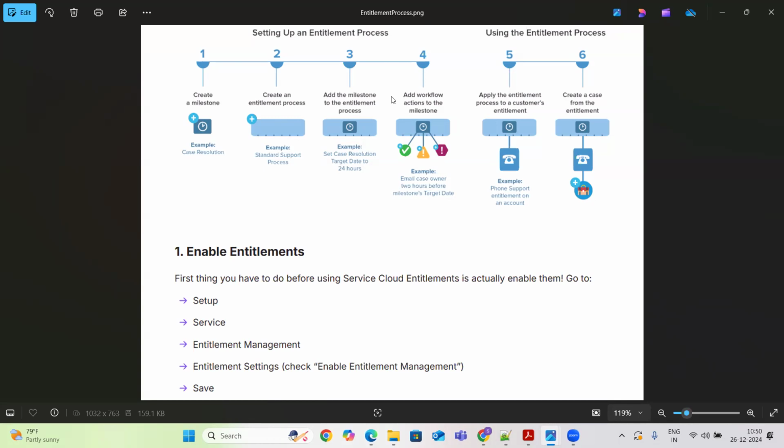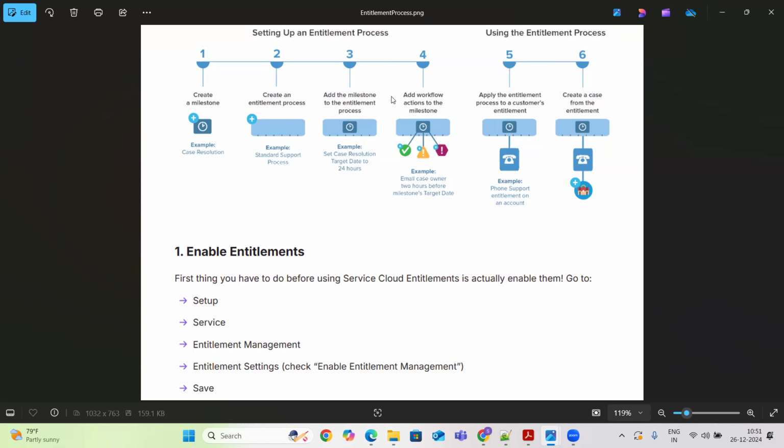Okay. Then let's move on to our last two steps. So now my milestone process is ready. That means entitlement process and milestone process, both are the same, guys. Okay, I mean, it's not the same, but people will call it sometimes an entitlement process, sometimes a milestone process. Whatever, that is the entitlement and milestone process.